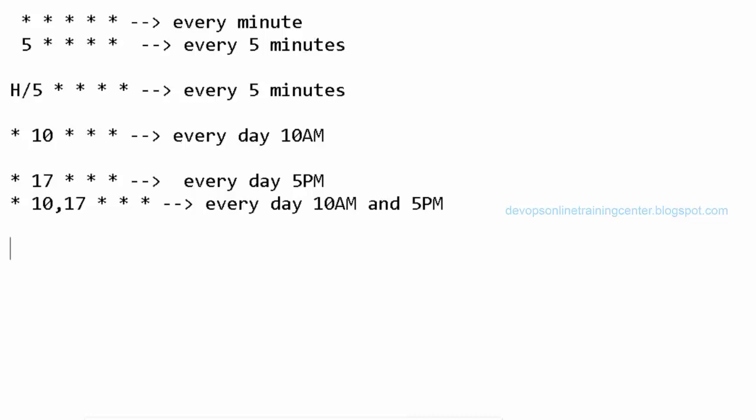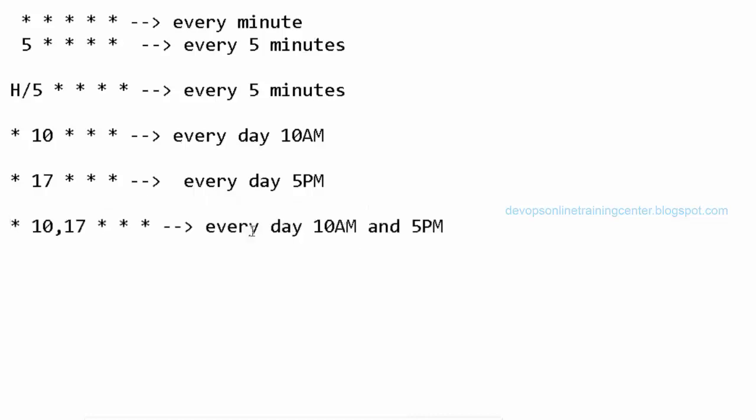Every minute you want to poll and check for the build, every 5 minutes, every 1 hour, or every day in the morning, we can poll based on the schedule, right? It will run and check for any changes in the GitHub code.